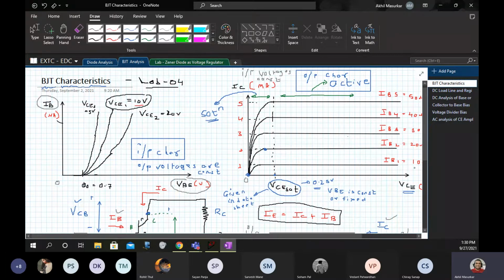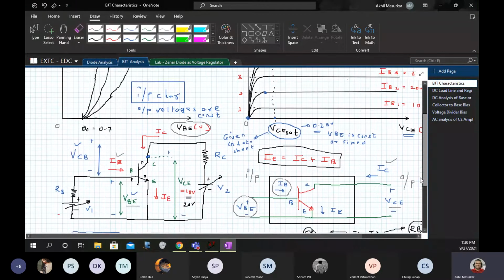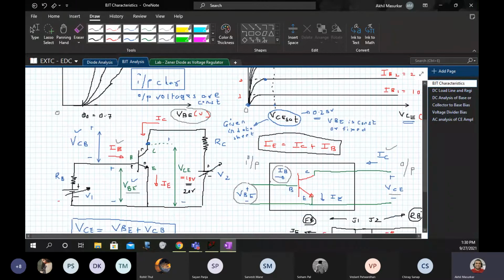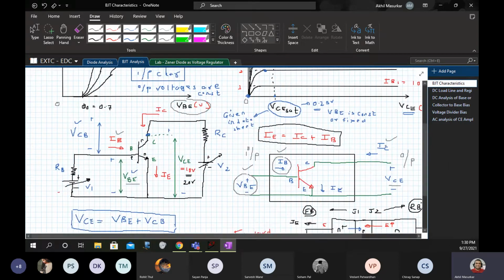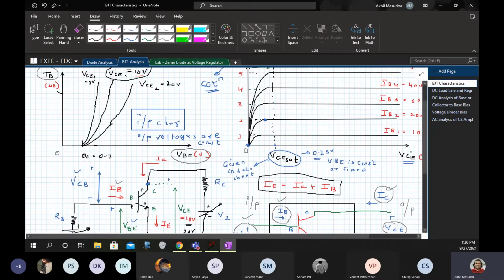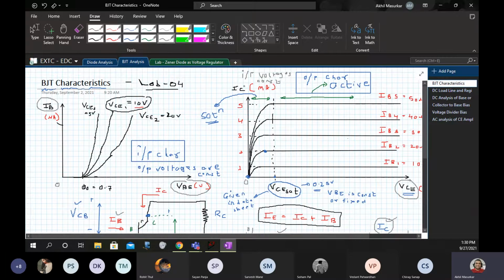Now, where have IB and VBE come from? I have already shown you that on the input side, the input voltage is VBE and the input current is IB. That is why the characteristics is IB versus VBE. Similarly on the output side we have IC and VCE, so the characteristics is IC versus VCE.